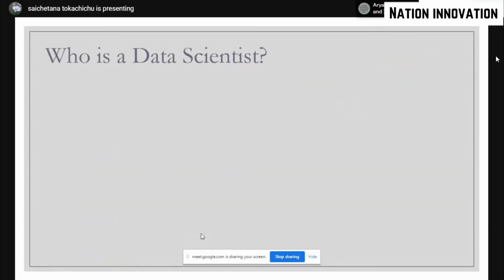So who is a data scientist? Do we have a particular course? If a person has studied engineering, he's an engineer. If a person has studied law, he's a lawyer. So do we have such kind of course? If a person has studied some data science certification course, he is a data scientist, otherwise not? No, there is no predefined course. There are courses which are coming up right now in recent years, but there is no predefined course by studying which we can say a person is a data scientist.